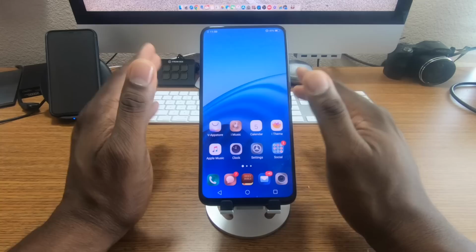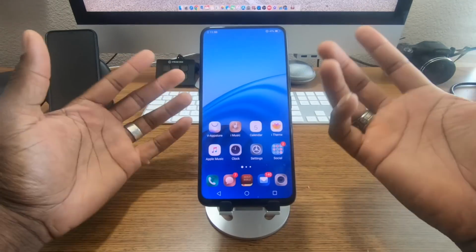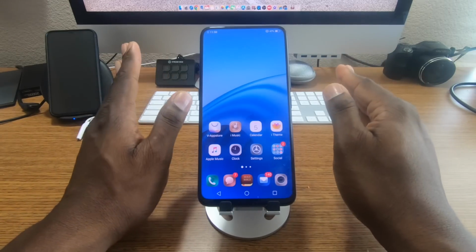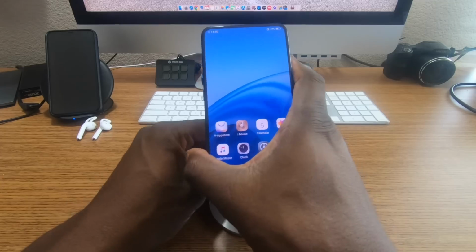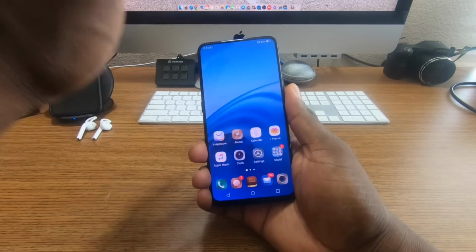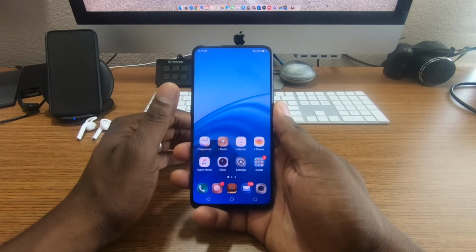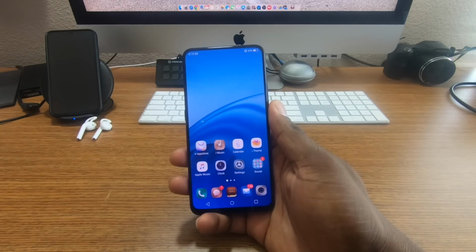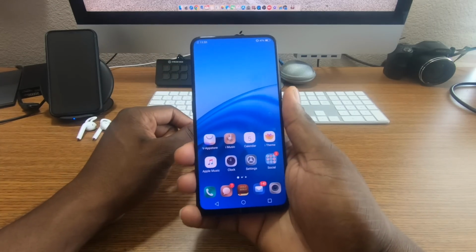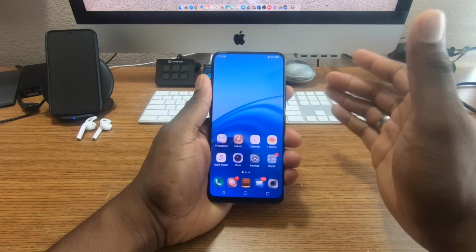This huge Super AMOLED display is 1080p, 6.6 inches, and it just fills up the entire front of the screen. There's absolutely no way a person will view this phone and say it doesn't have a beautiful display. I mean, it's Super AMOLED, so that makes it even better. But just having the whole screen and not a cutout at the top, because that seems to become the norm now. Ever since a certain company did it, a lot of Android phones just start coming out with it just because. But this phone with this beautiful 1080p Super AMOLED display really is immersive,